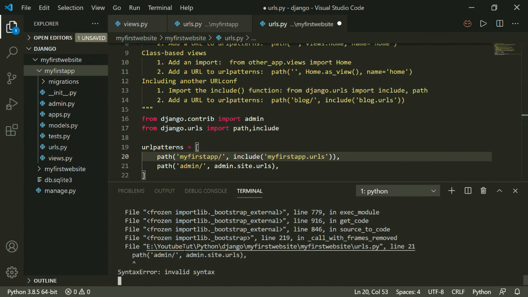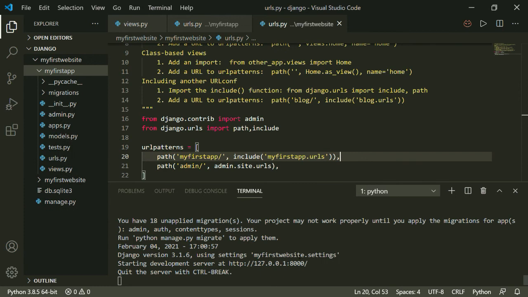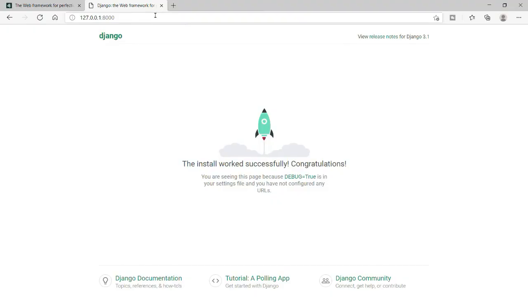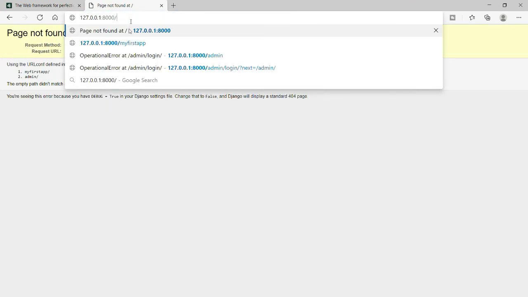And what is that error? I think it's in my first website and urls.py, and I'm getting a certain error here. Okay, so that was certainly about some indentation or something. And now this URL is ready. I can go here and provide this URL. Since this is my root level, if I go to my first app, which is the app I created,